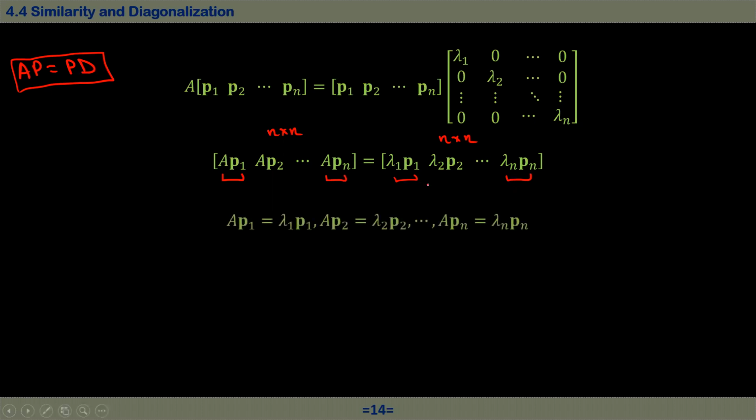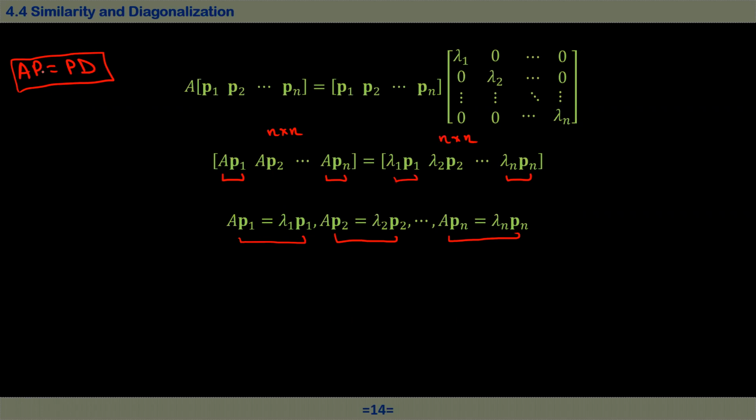And also their corresponding entries must be equal to each other. That means that the first column on the left must be equal to the first column on the right, and the second column on the left should be equal to the second column of the matrix on the right, and so on. And the nth column on the left should be equal to the nth column on the right, right? Also, we know that actually in the definition of this similarity,